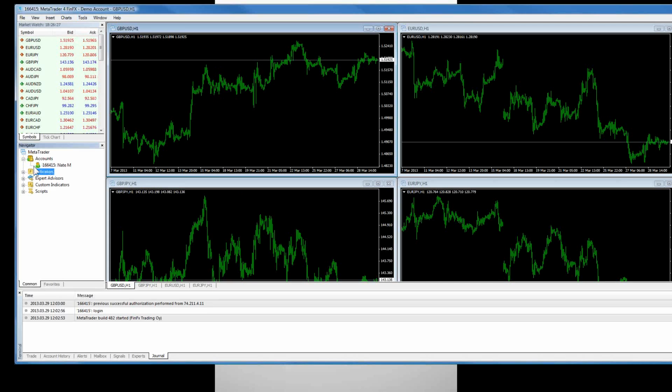As you can see here, once again we talked about under the navigator box, you can see that it's a green shirt, it's a demo. There are some brokers that have that flipped. If it had a gold shirt next to my name here, sometimes that's actually the demo. But the majority of brokers out there, you're going to see green for demo and gold for a live account. When you've got multiple accounts under here, it's nice to be able to differentiate the two. Okay, so in the navigator box, I opened the indicators just by clicking the little plus there.